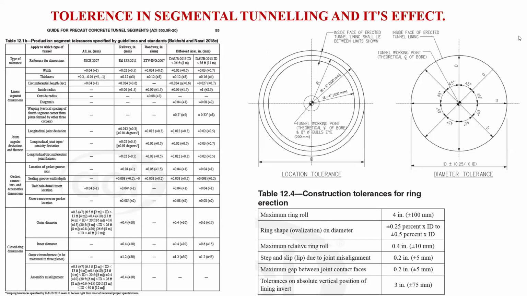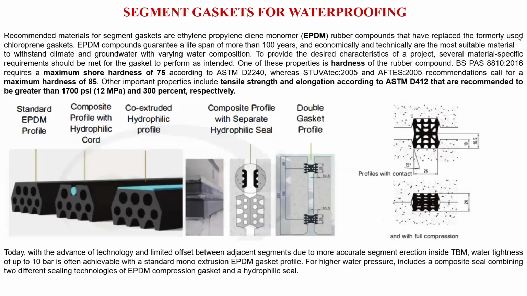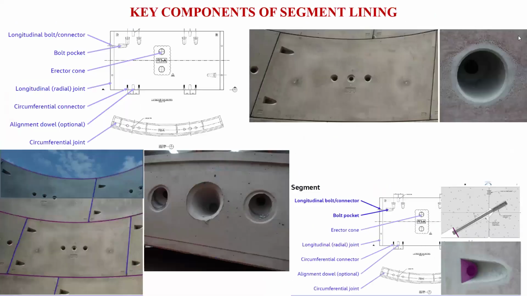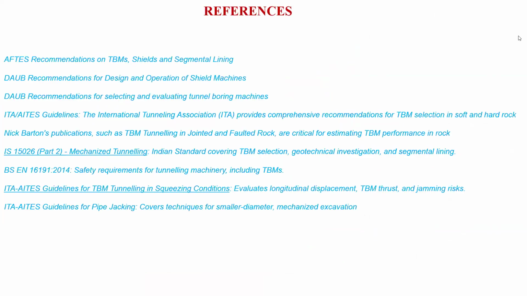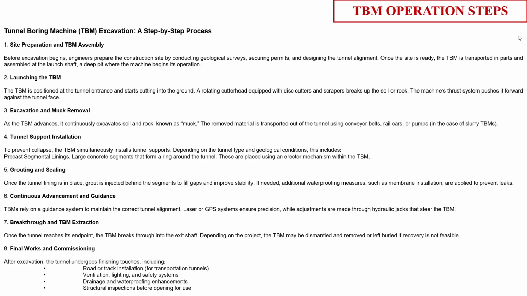If they are not within tolerance, we take some rectification measures to ensure the durability of the segment. It can happen that some of the segments, either due to the stepping or leaping process, go out of tolerance, or some of the rings may lie within the tolerance but can still affect the long-term durability and performance of the tunnel. Then we do some rectification. Some of the segments might get cracked. As I told you earlier,